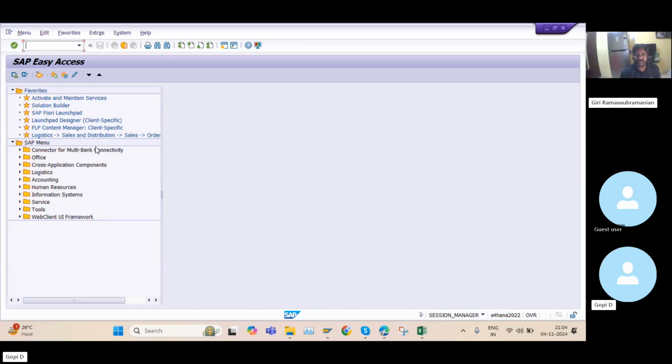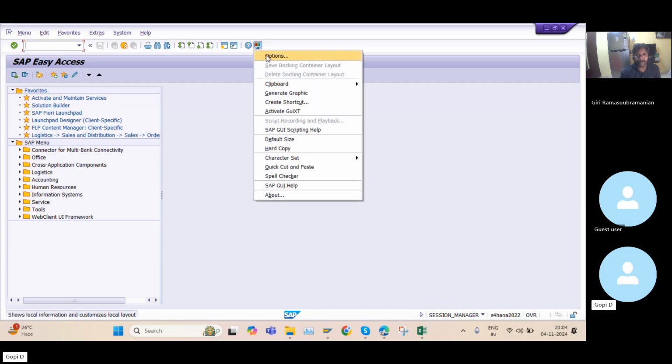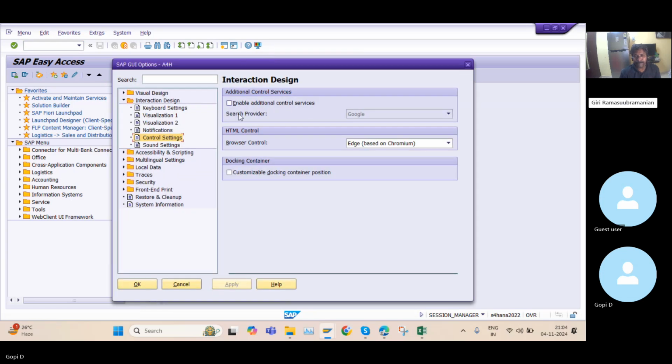So basically, this is the theme. It is the SAP signature theme. Usually in ECC we used this theme only, but when it comes to SAP S4HANA, we use a different theme. So if you want a different theme, you need to go to these options, and